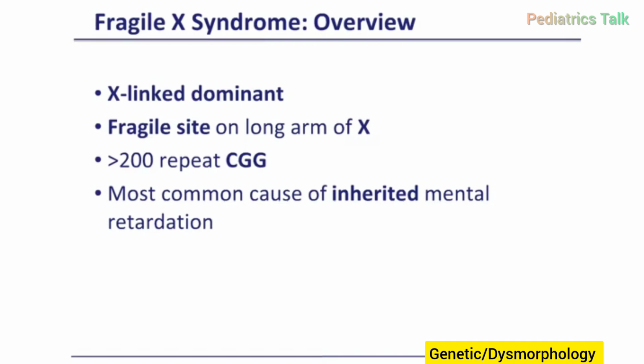The Mendelian transmission of Fragile X syndrome is X-linked dominant. Boys are typically involved with the phenotypic presentation of Fragile X syndrome. The fragile site is on the long arm of the X, and it occurs typically after at least 200 repeat